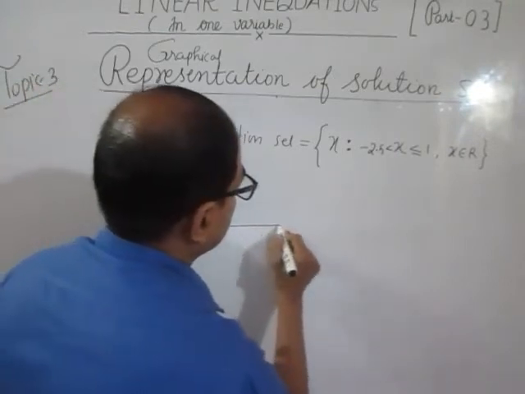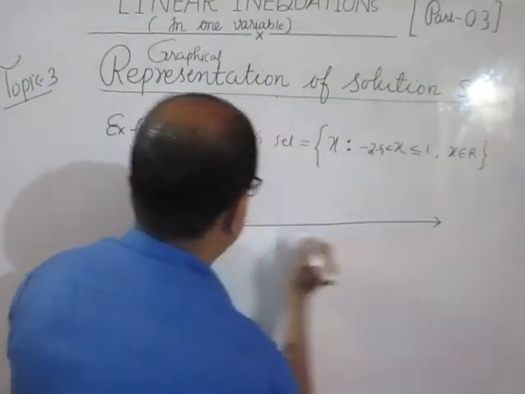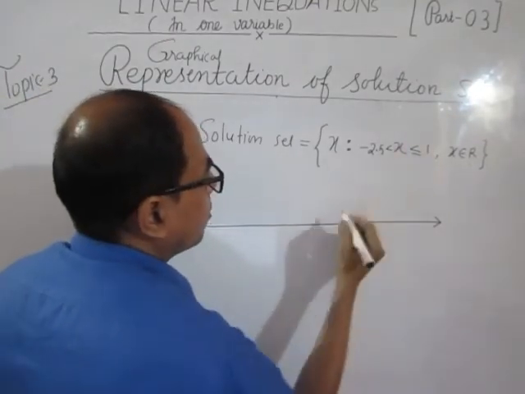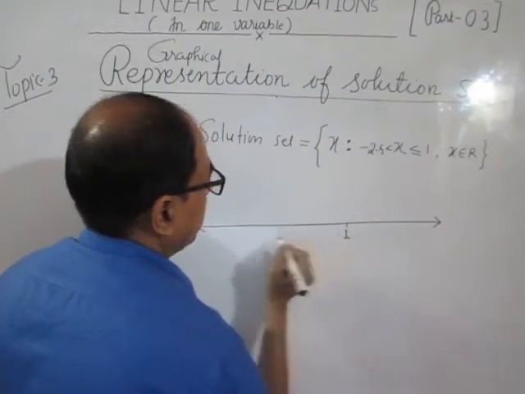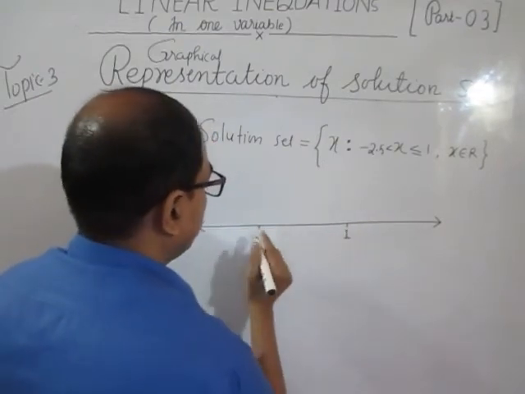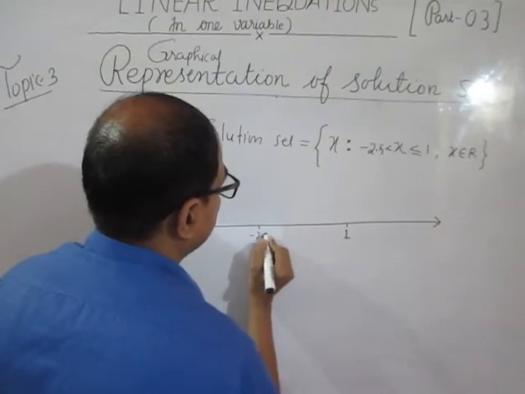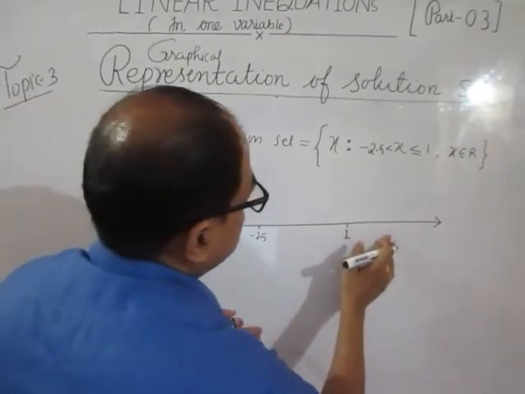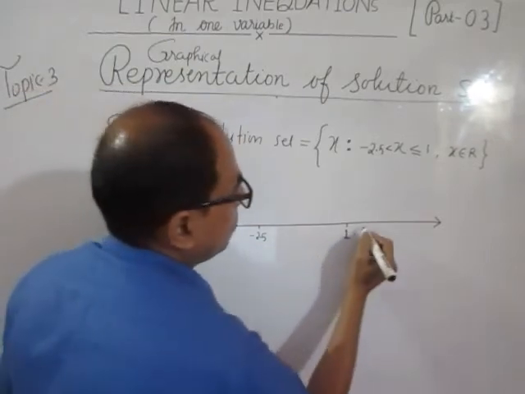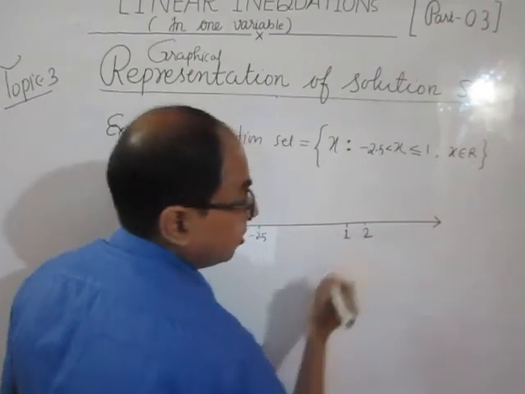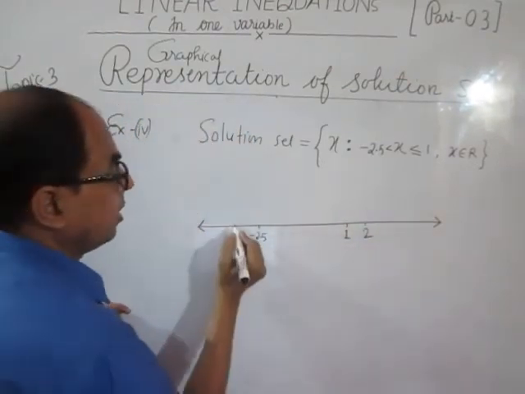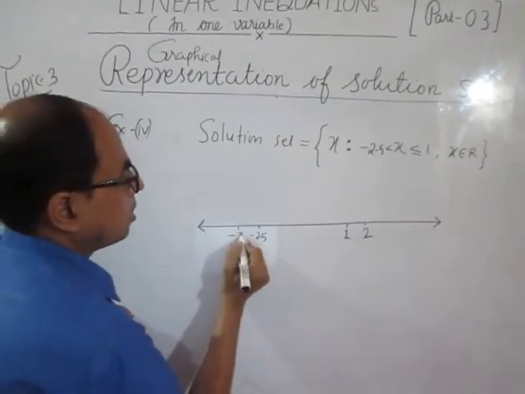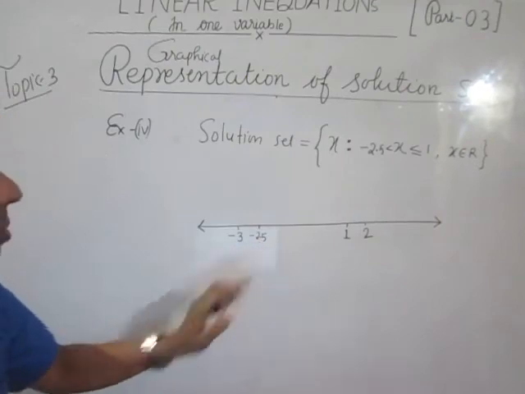So to represent it, draw a number line with arrow end compulsory, again and again I'm saying compulsory. Now plot the end point 1 and this side, so minus 2.5. Now we have to write at least one number on the right side and at least one number this side, left side. So we write here 2. It is compulsory to write. If you want to write some more number, you can write at least one number left to this number. So you write here minus 3. Minus 3 is less than minus 2.5.